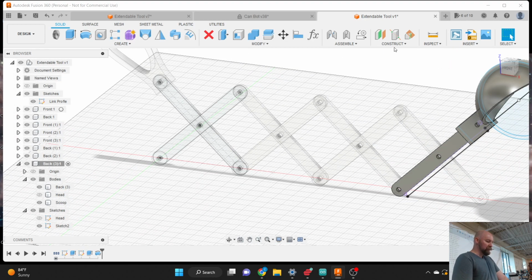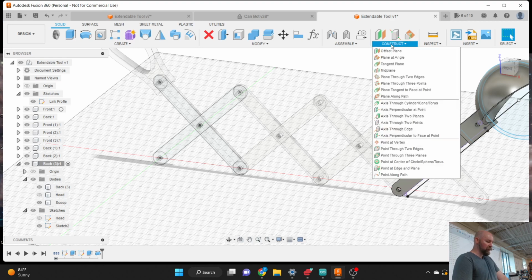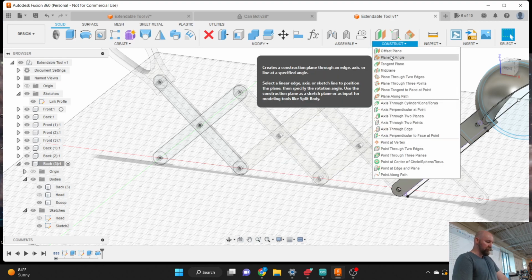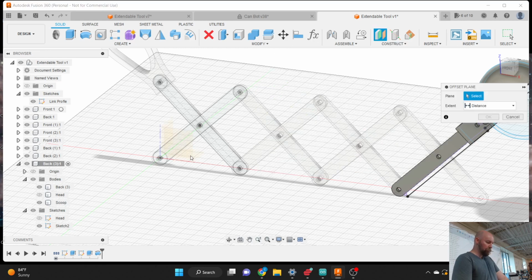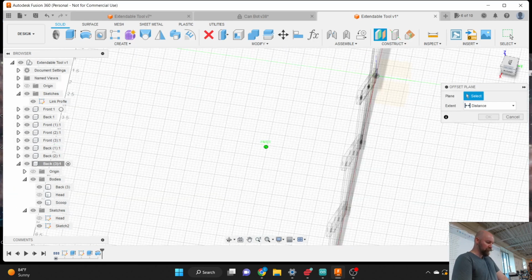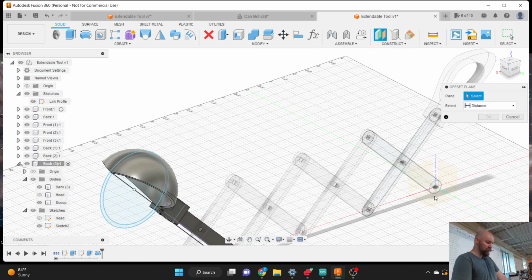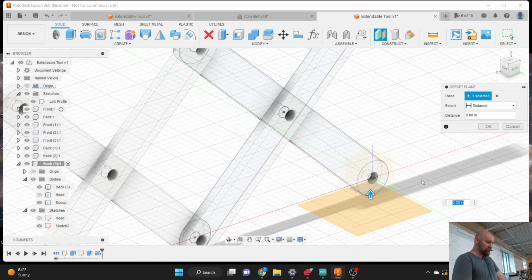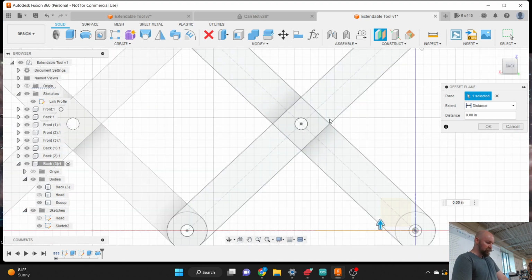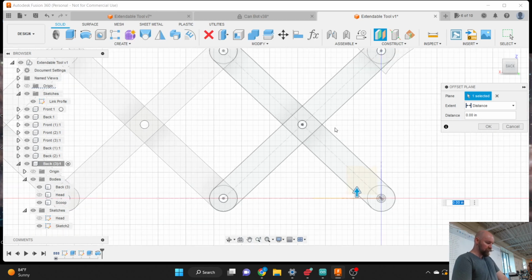I wonder if I construct an offset plane, and the plane that I'm going to offset it from is the plane in between my X and my Y location. Sometimes instead of a distance, it'll let you pick an item. So if I just, it doesn't let me do it in that case. What if I pick,